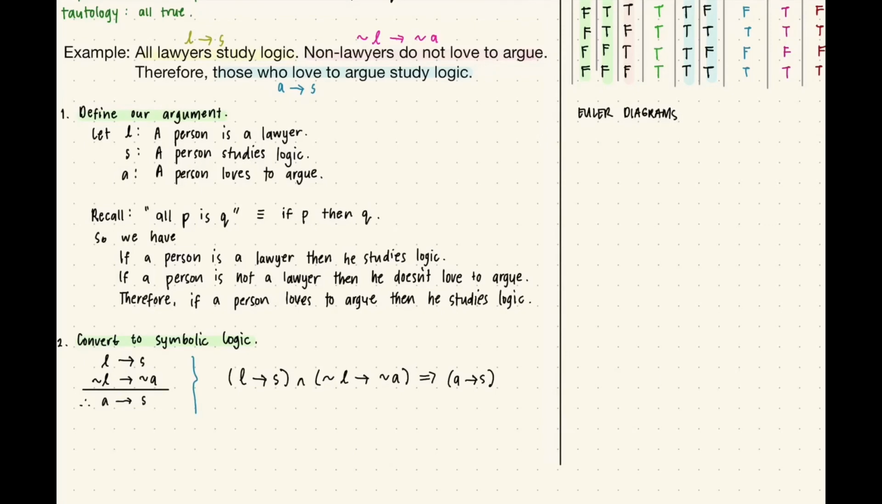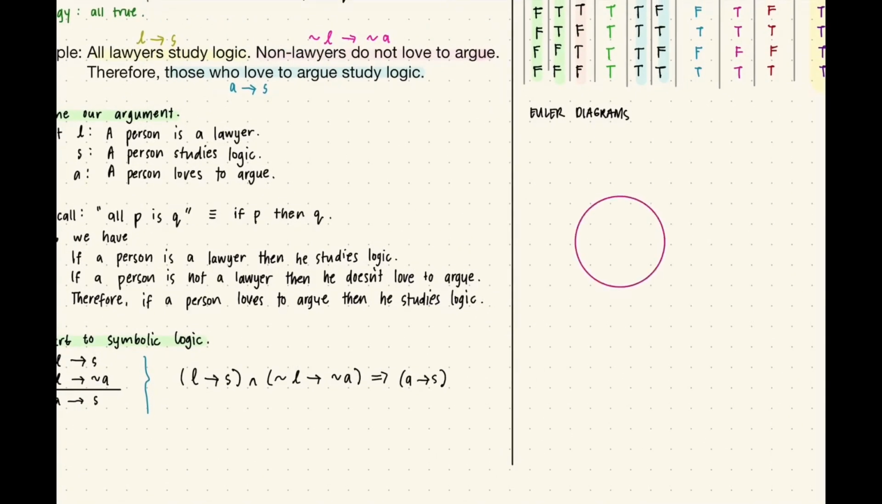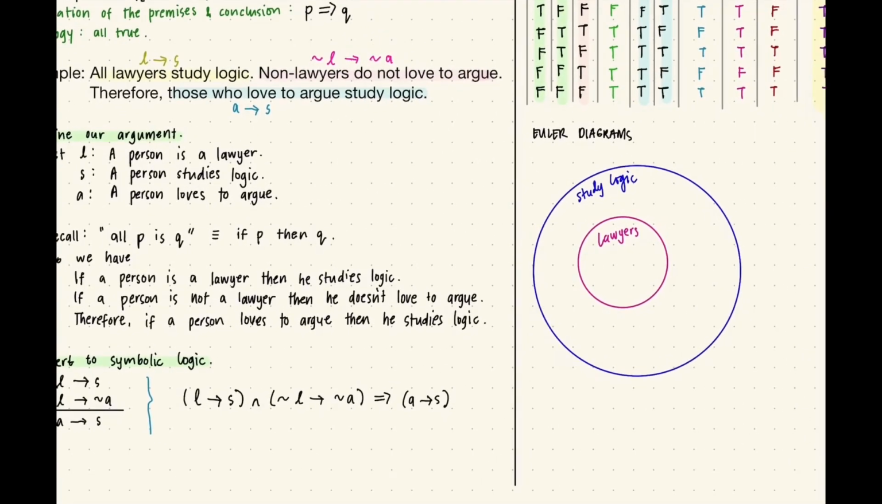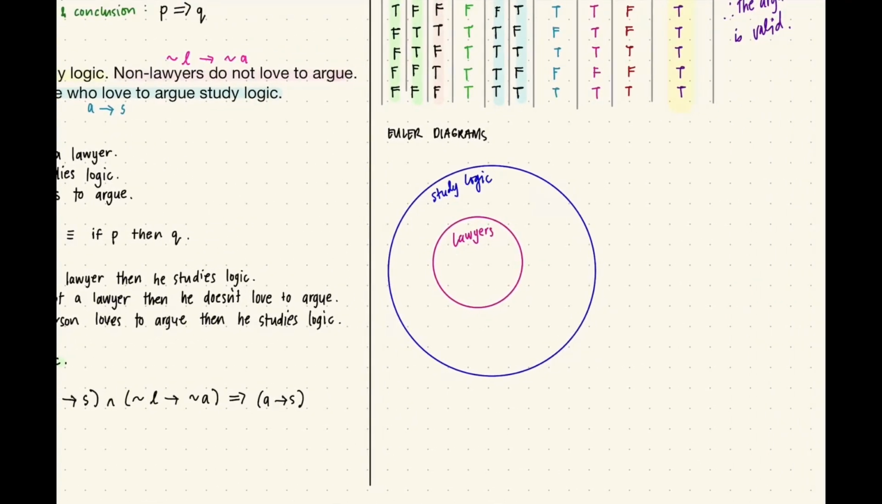Okay, so for the Euler diagram, the first statement says all lawyers study logic. So the set containing lawyers is inside the set containing the people who study logic. Now, that's very easy. Now the second one is quite tricky. It says non-lawyers do not love to argue. Meaning if a person is not a lawyer, then the person does not love to argue. And let's try to avoid having negative